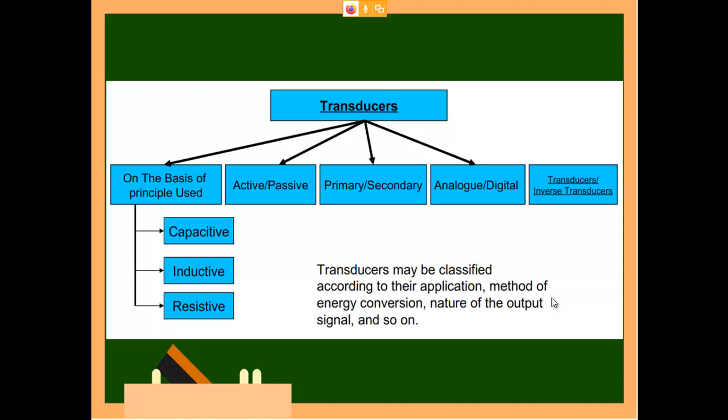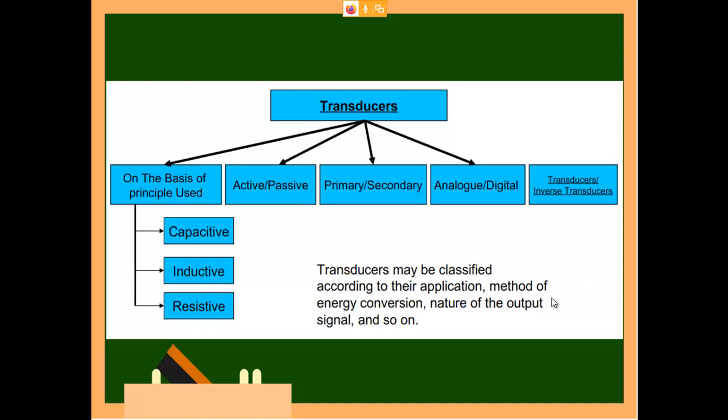Then, whether it requires any external supply for that measuring instrument or doesn't need any external supply, we classify into active and passive. A best example is a voltmeter and a multimeter. A voltmeter, which you might have used in your machines lab, doesn't require any supply. You just connect it to what you want to measure, and it will show the value.